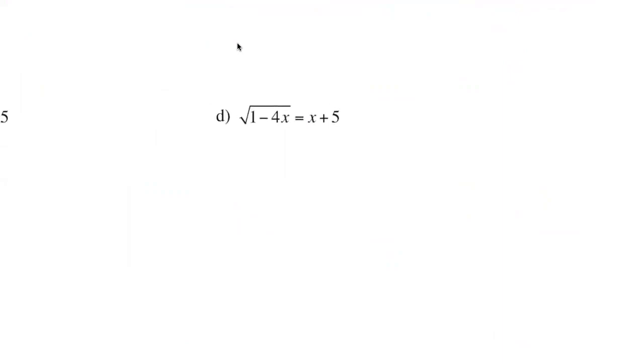if you deal with a problem that has the variable x on both sides of the equation or multiple parts of the equation, but there's also a radical as well. In this case, the radical term is already isolated. So what you want to do first is undo the square root. To undo the square root, we square that. But if we square the left-hand side, we also square the right-hand side. And by squaring the entire right-hand side of that sum,